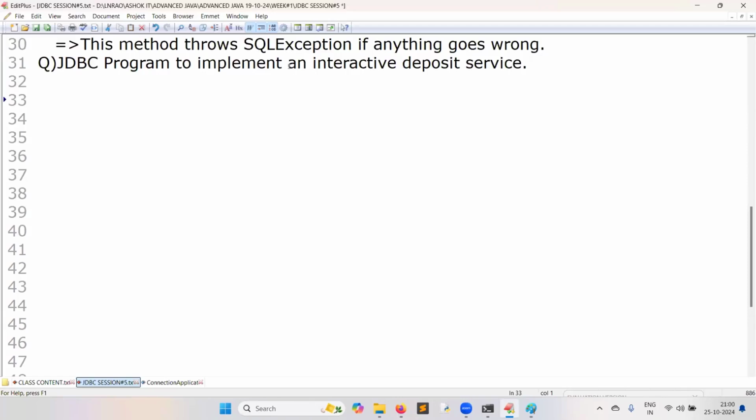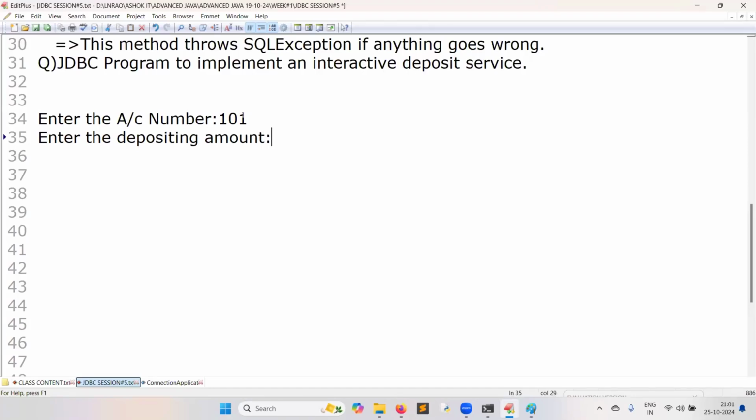Once we run this program, our program should ask the user, enter the account number. Assume the user entered the account number. Our program should ask the user, enter the depositing amount. How much amount do you want to deposit?